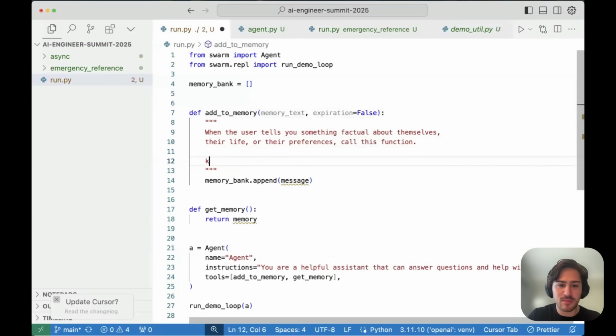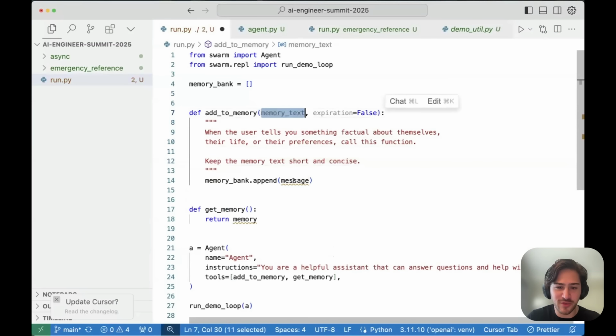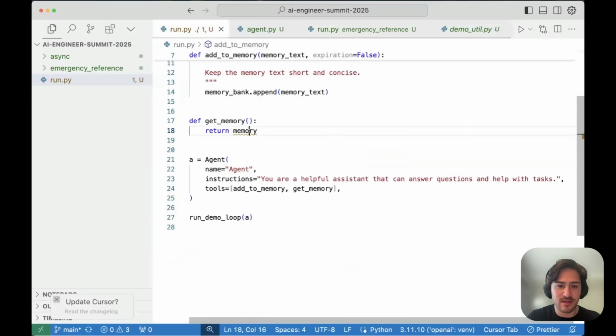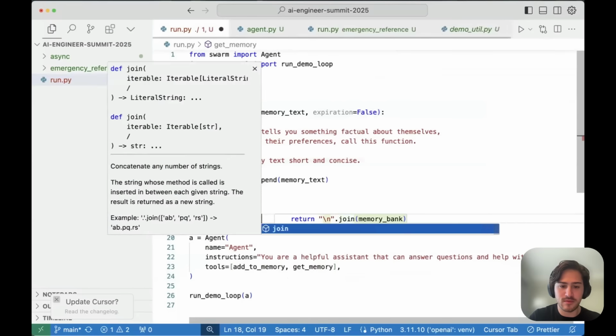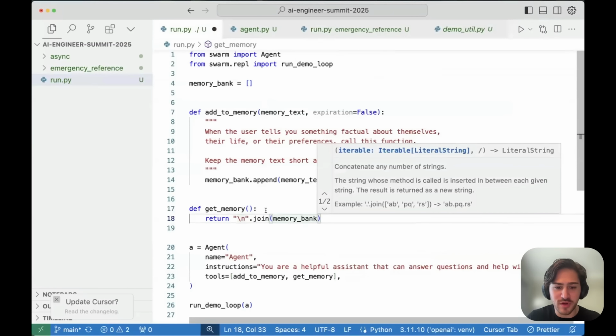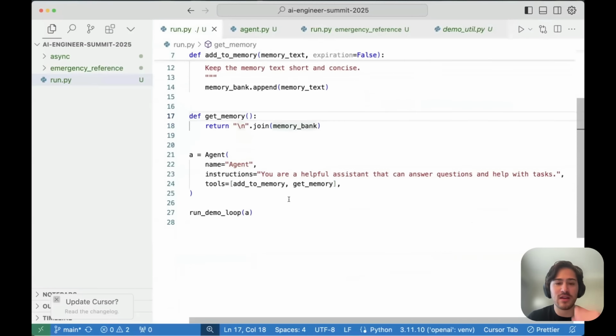And we can say, keep the memory text short size. Great, Cursor knows what I want. And then we can just return maybe like... this is a super, super, super naive implementation.